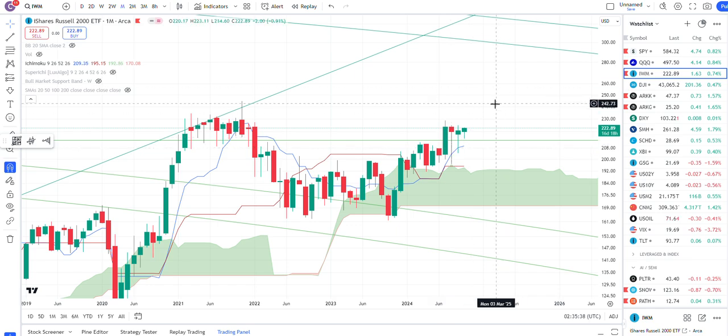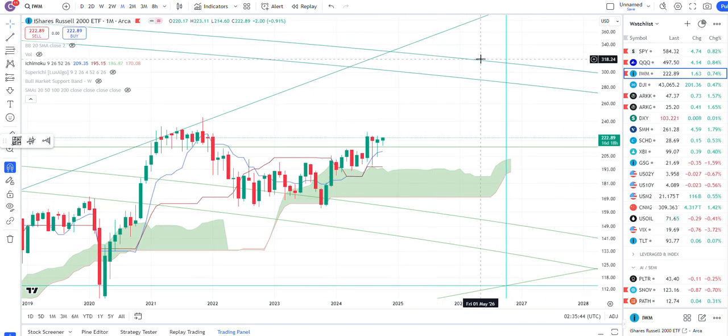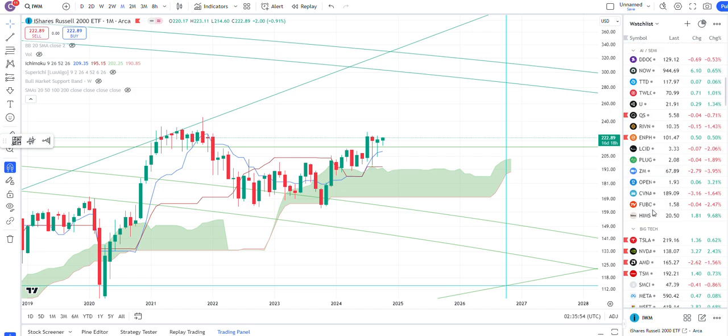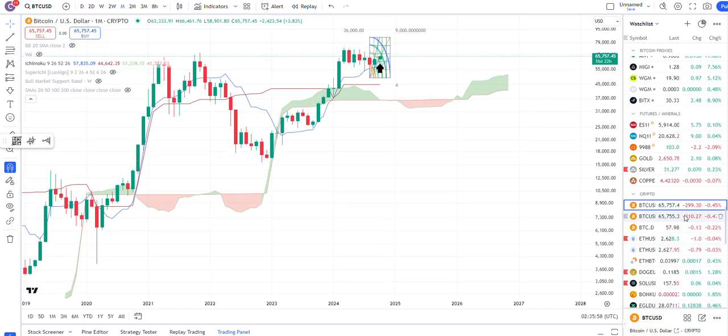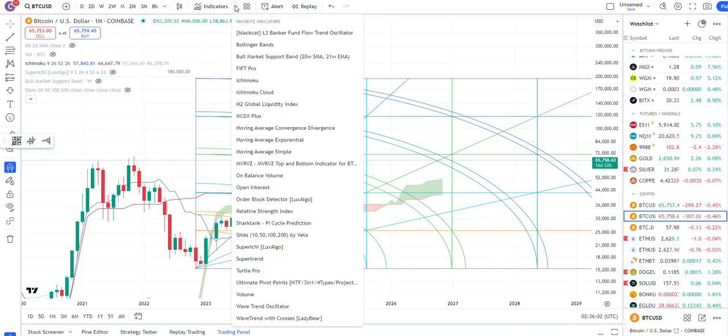I think IWM is going to go a lot higher, and I think it would shock a lot of people if IWM hits the arc up here. Then I think the miners could hit the higher arcs that I'm speculating. If Bitcoin behaves, Bitcoin's going to be the other catalyst. If Bitcoin does what we want it to do, which by the way I think we will,